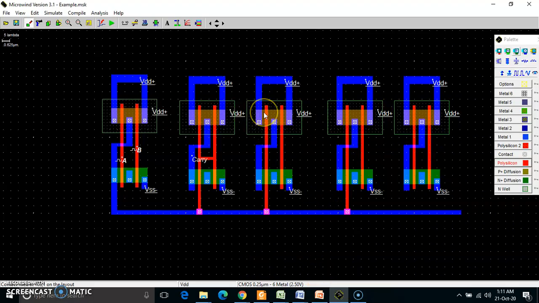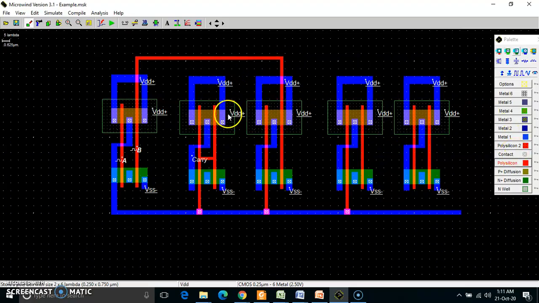Next input to this gate is A and to this is B, and that's why I am using polysilicon to make the connection, because already this is connected, so I need to stretch it out, and I am connecting it to this B input. So this is output and input B is connected over here. I am just connecting it like this, and always normally use the polysilicon material to connect these inputs.